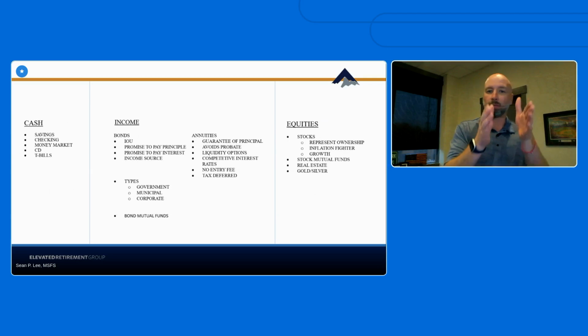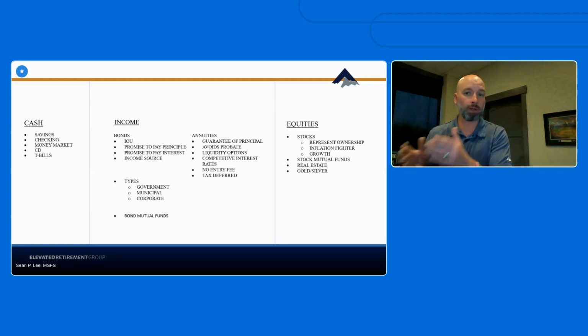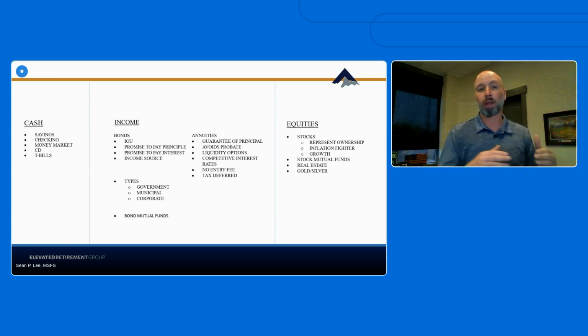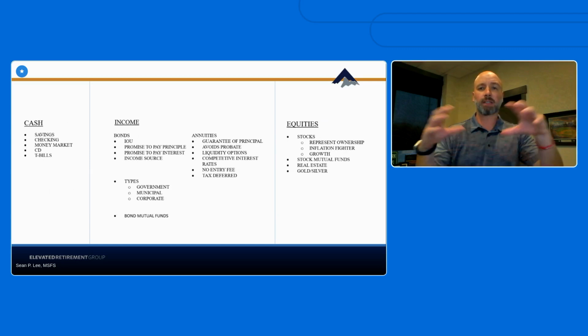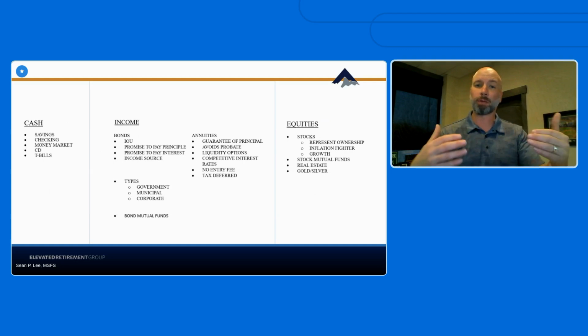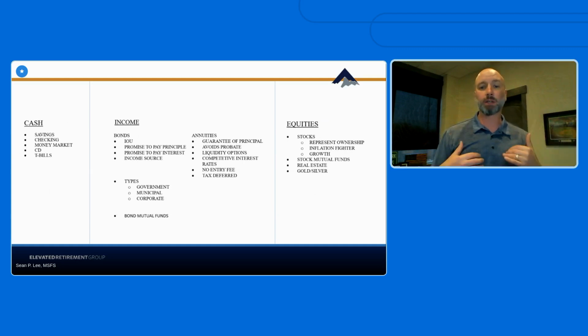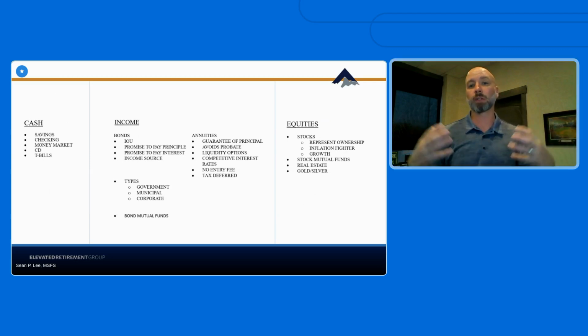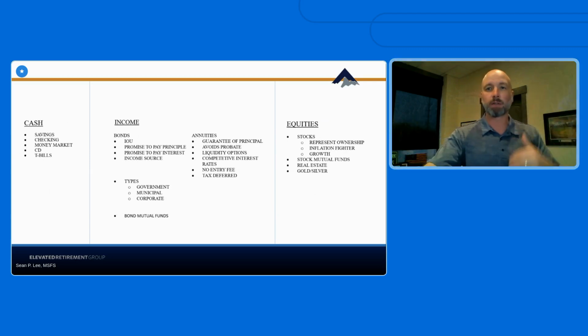So maybe you've got some different bond holdings, you've got some different equity holdings, and you've got some cash to go with it. Now, the important part about that is that we want to make sure that we've got access to all different asset classes, so you can ensure that your plan is built uniquely to you and your needs and your comfort level with risk and what's associated with the ups and downs of the market.